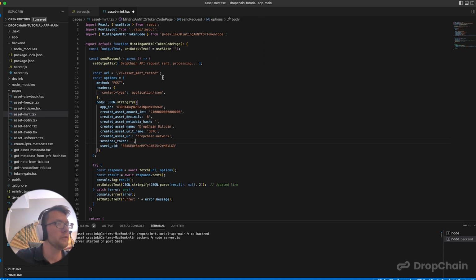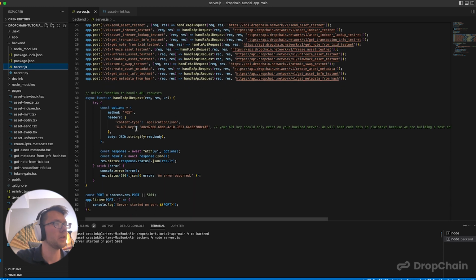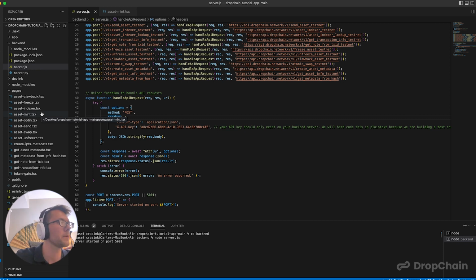And so after you change this, we're going to click Command S for Mac, Control S for Windows. And we talked about this in the other video, but you're going to either add this directly to your script that you're running, or, in this case, we have an app set up with the DropChain tutorial app that sends it to the back end and then adds this API key to the headers so that it's secure